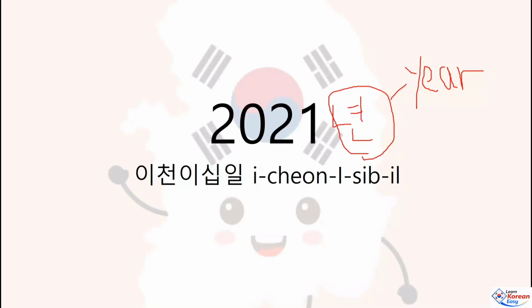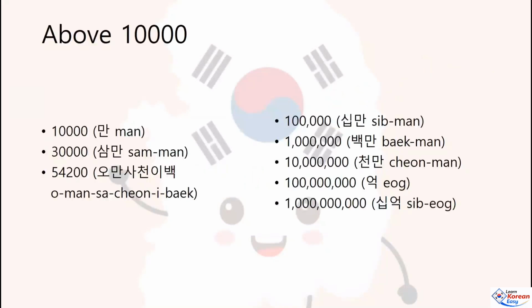Okay, let's go even higher. Okay, above now 10,000. Okay, so the 1,000 was 천, correct? Now 10,000, it's 만. Okay. So same format,